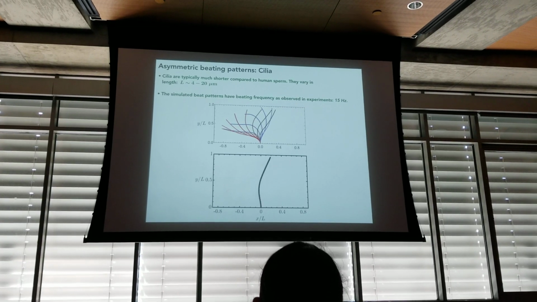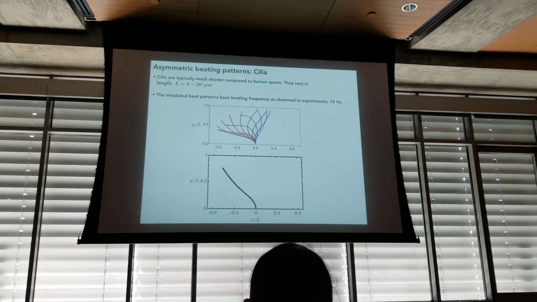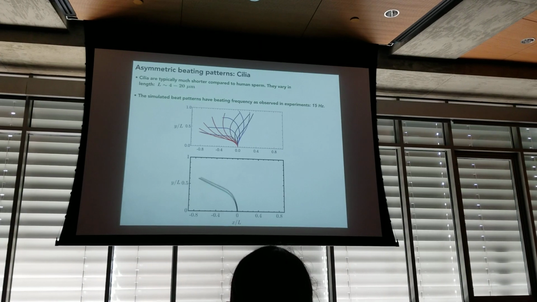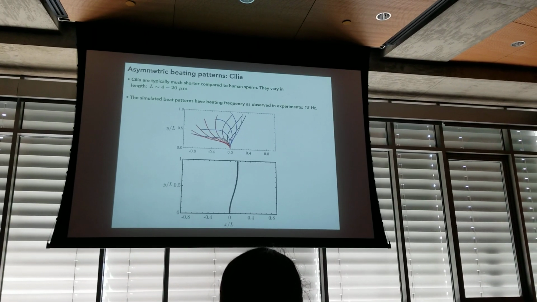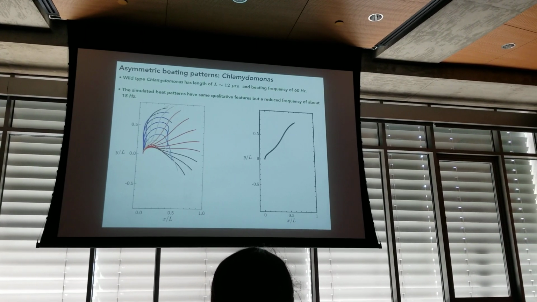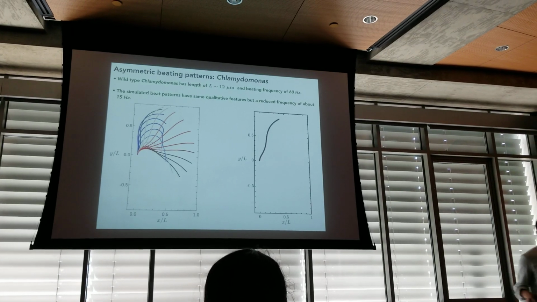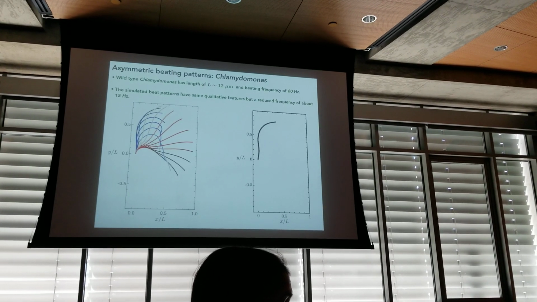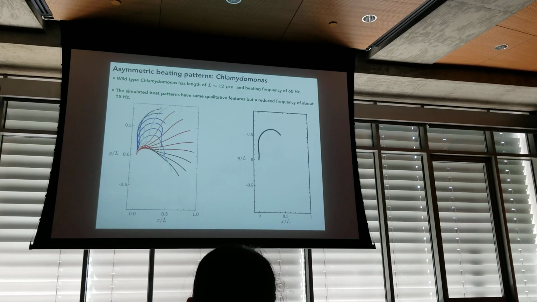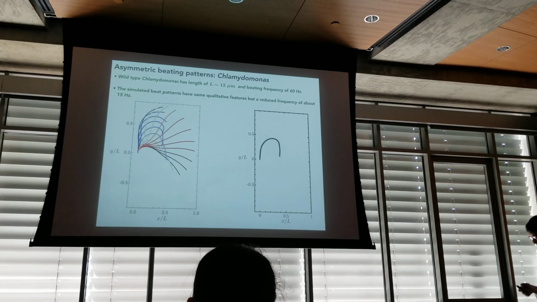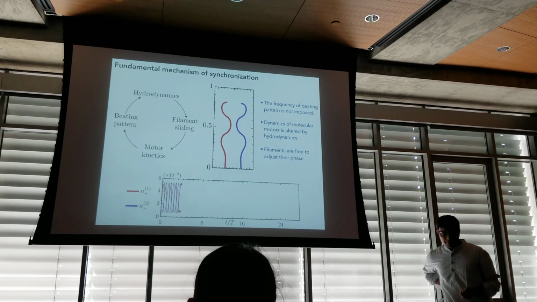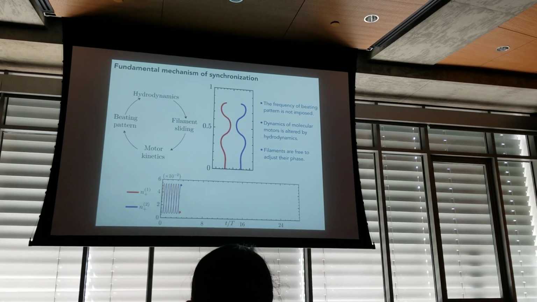Here you can see cilia, where the left-right symmetry is broken, and you have these asymmetric waveforms that are emerging. There is a power stroke, there is a recovery stroke. And for Chlamydomonas, you have this static mode of deformation, and on top of that, you have this wave propagation that results in this plunging motion or breaststroke pattern. Okay, so I've told you about different waveforms that are possible in the problem.